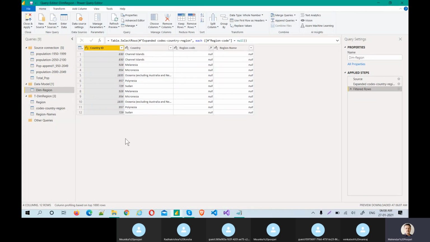So in this case, what you do is copy and take a screenshot, or copy into an Excel file, and send it to the end user saying that there is a discrepancy in the codes country region. So either this could be processed from your end, or just suggest to me so that I can update them.